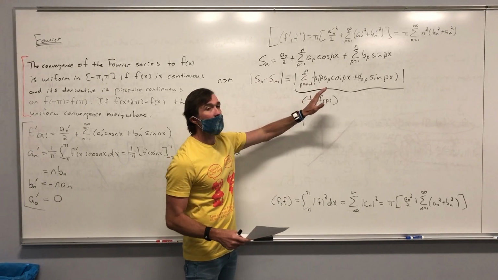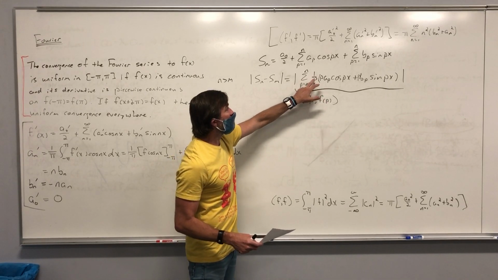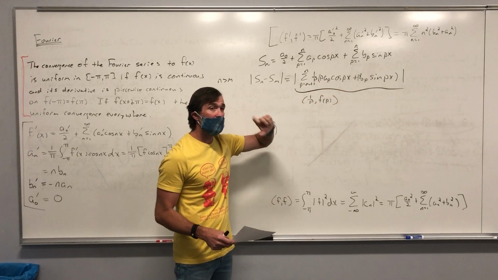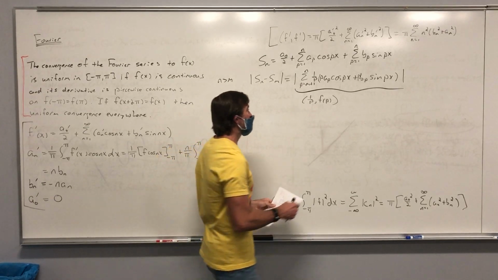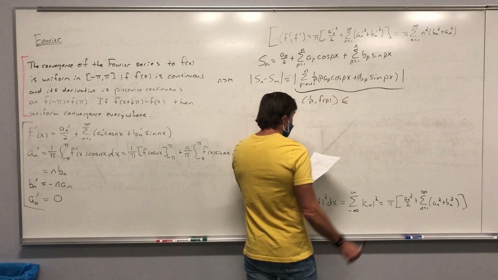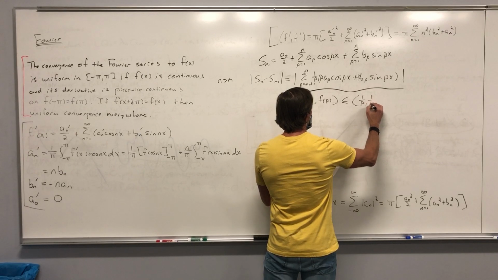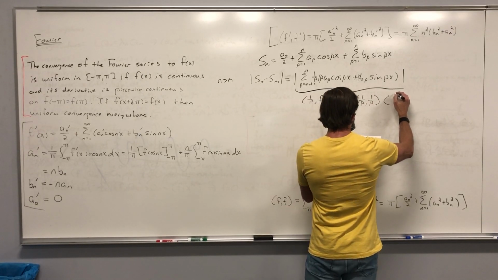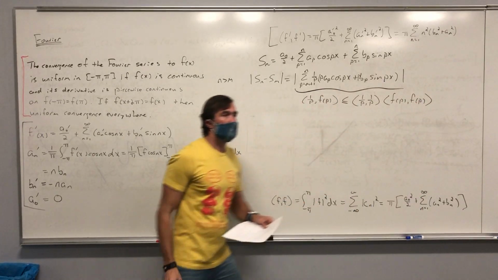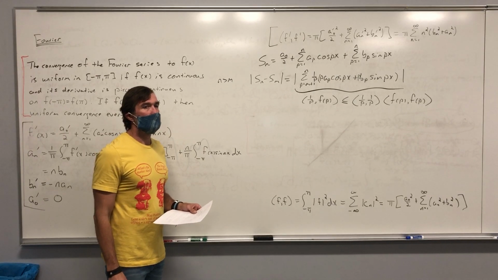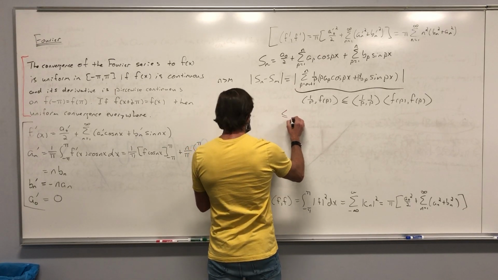It's not the actual inner product on this space. This is a functional space. But this combination of this coefficient 1 over p with this goes a p at a time, and then it adds them all together. So it's a lot like taking an inner product. And the reason I say that is because you have the Schwarz inequality, which says that this is definitely less than or equal to 1 over p inner producted with itself times f of p inner producted with itself. Okay? So this means that we can immediately say that the difference is less than or equal to